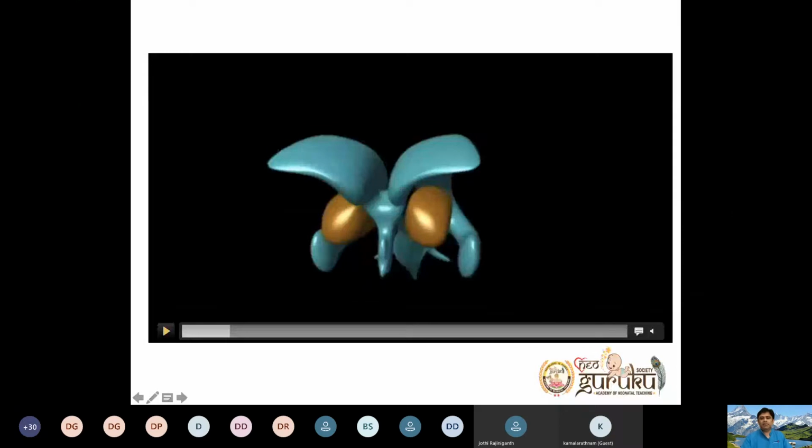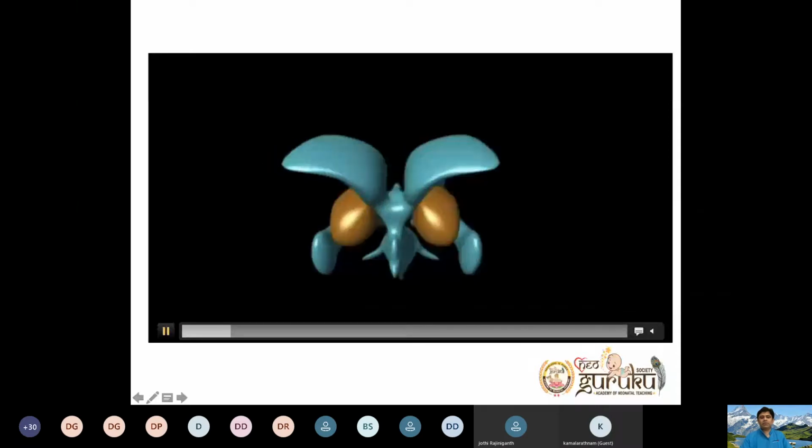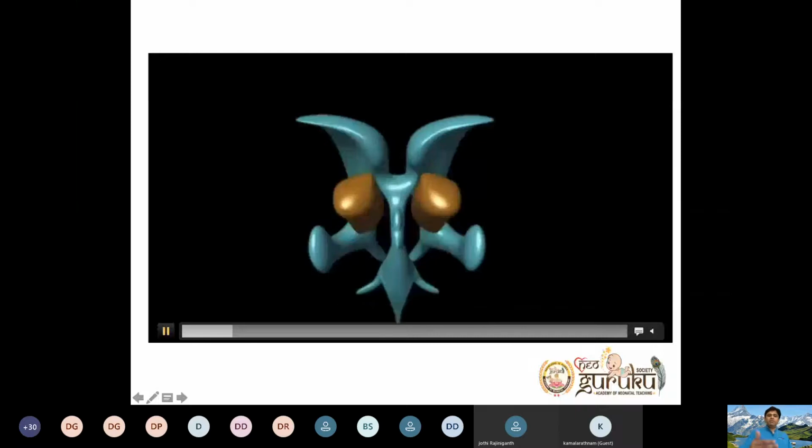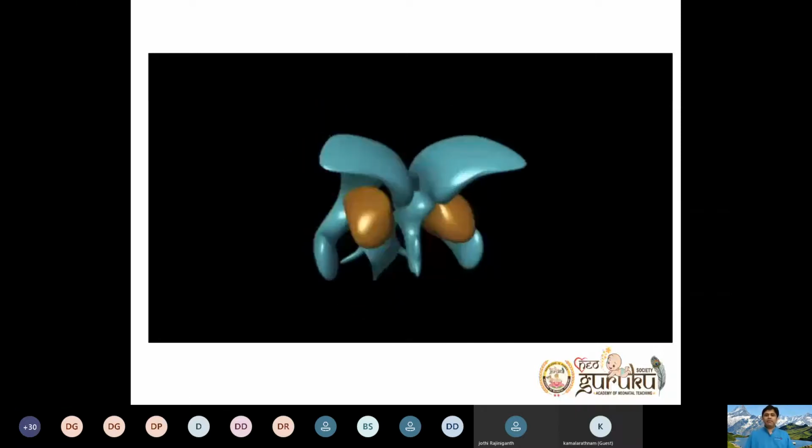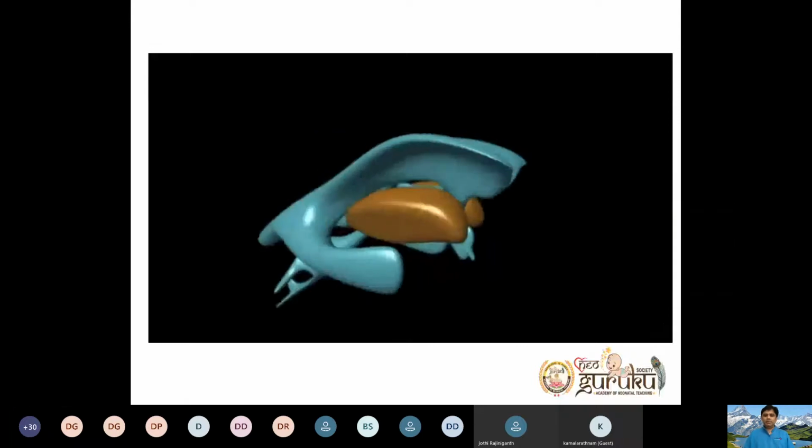I'm sure. So if you start from middle, this is your third ventricle. Then you have your thalamus. Superiorly, we have lateral ventricle. Inferiorly, you can see the inferior horn. And if you go posterior, this is your fourth ventricle. So now we'll just move on, this is the inferior surface which I'm showing now. Again, on the anterior surface, we are moving on the lateral side now.